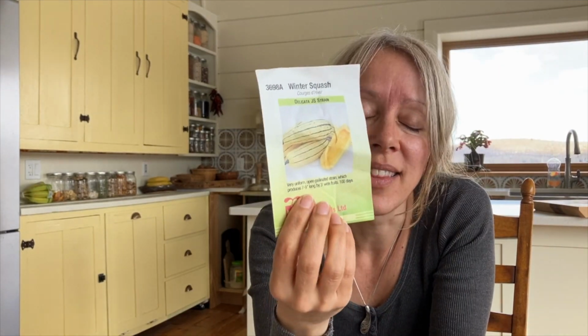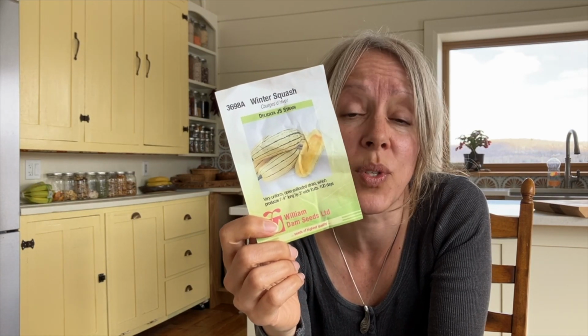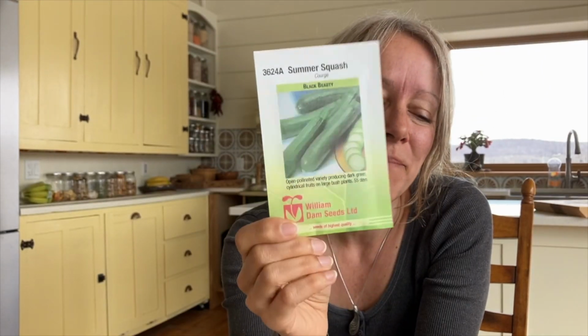Delicata squash, I love. You can just slice up with the skin on and everything and just put it in the oven and roast it, and it's so delicious. And we did get a few last year, not as many as I hoped. I'm gonna try it again and see what happens. And zucchini, of course, last year, my God, we got overrun with zucchini. This year, I'm not gonna plant as many, but I always get the Black Beauty and it just does really